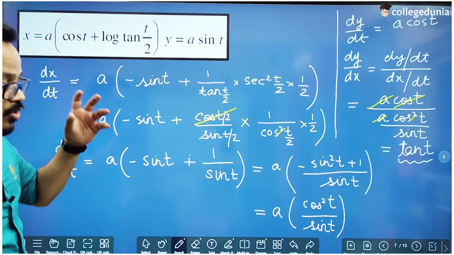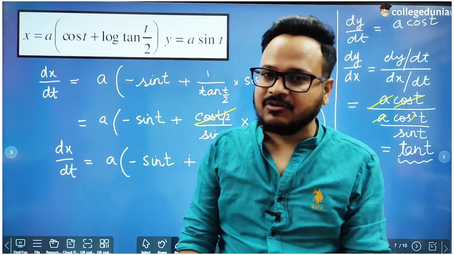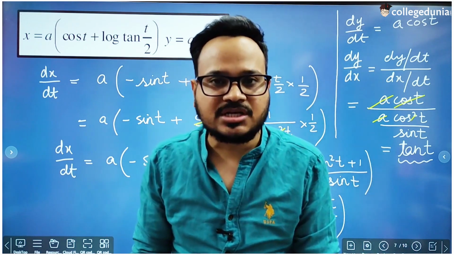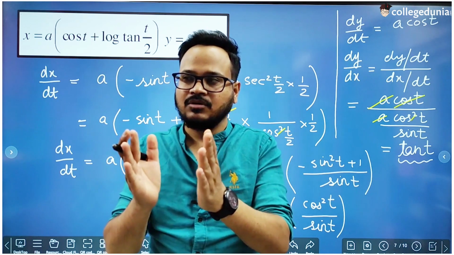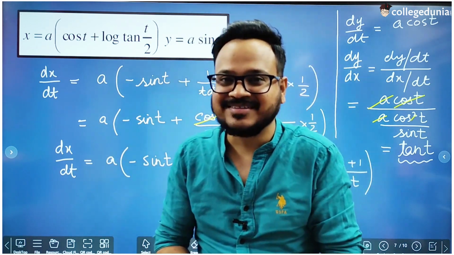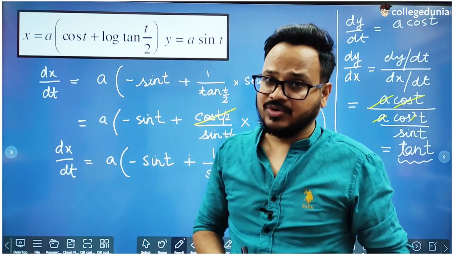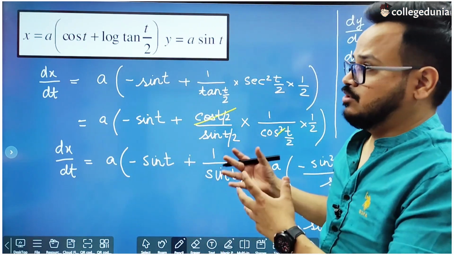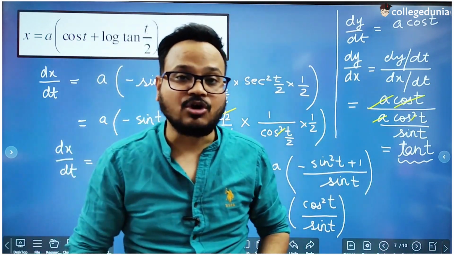Clear? Okay, so this is how we can do the differentiation of parametric functions. This is exercise 7.6 from class 12 NCERT chapter 5. Not 7.6, it is 5.6 from NCERT chapter 5. So you have to solve all the questions in the exercise to get yourself familiar with parametric differentiation and get the feel of the topic, right?